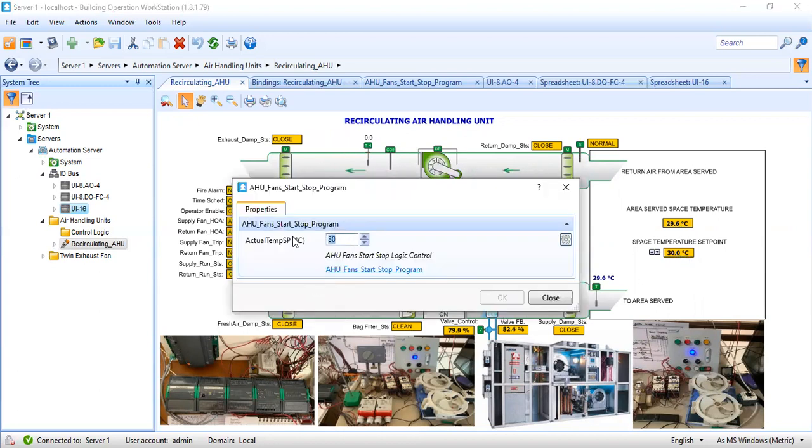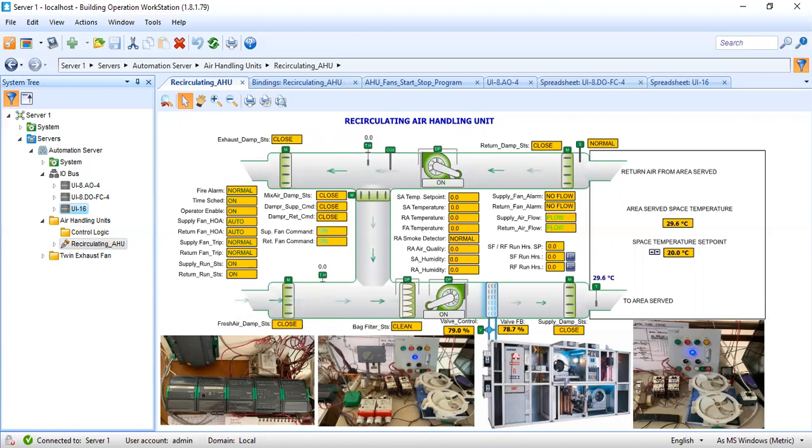Let's say I will put it back to 20. My set point is 20. We will see what the valve will do. The valve should be opening to allow more chilled water so that it can bring down this 29 to around 20. As you can see here, the control signal is 85, then the valve is giving me back 85. So this is how we are going to control the valve.